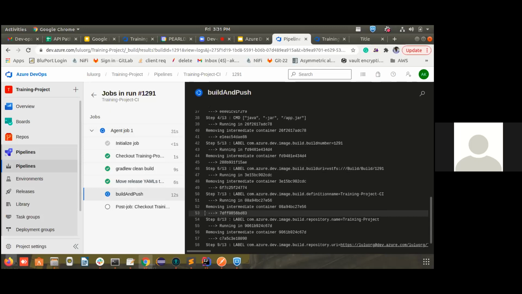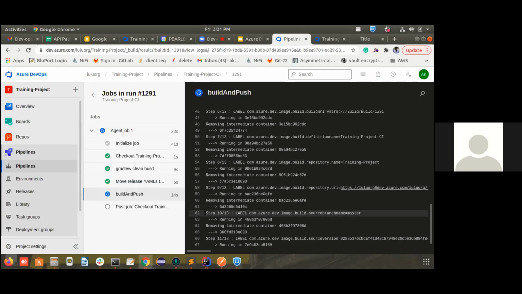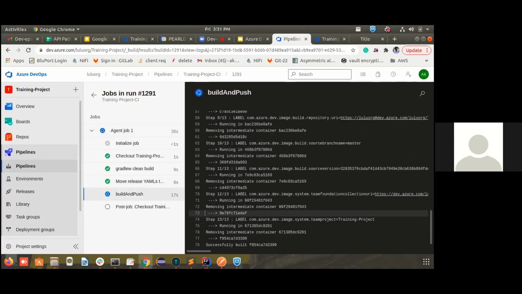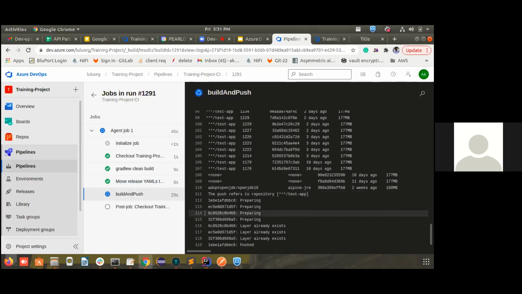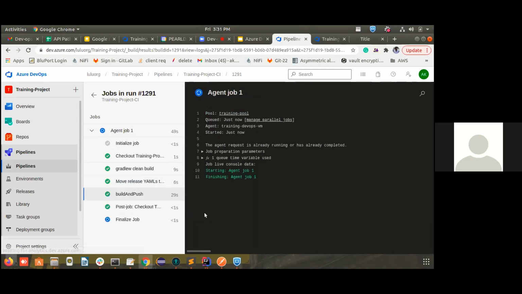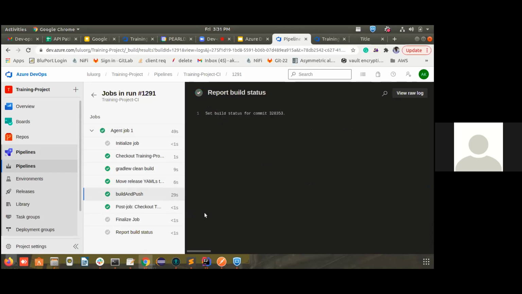So any doubts up to here? Everyone is clear. So next week, can we create a pipeline and deploy something to our training cluster? Everyone is confident about that. So the task will be to create a CI/CD pipeline using Azure DevOps, and you need to start an application in the Kubernetes cluster. One sample application. You can even clone the same application, that is fine, but one application should be started in the AKS cluster. We will have 1 week time for that.